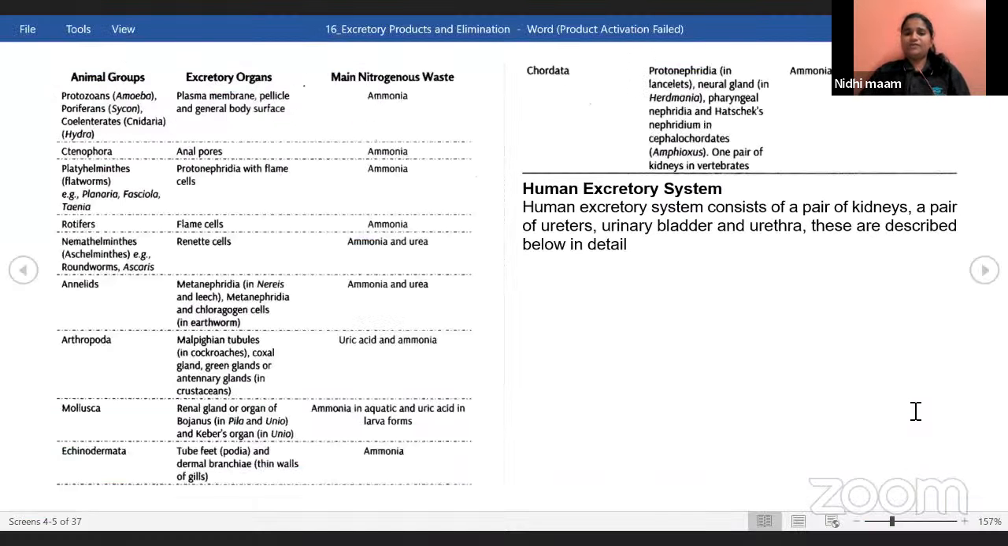So we were discussing the human excretory system. So the human excretory system consists of a pair of kidneys, a pair of ureters,